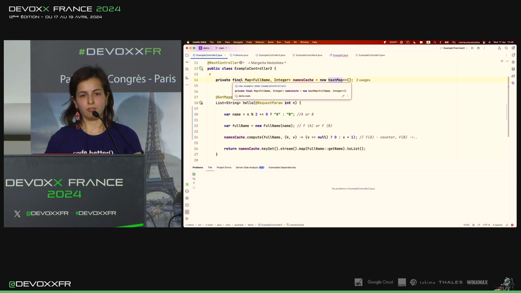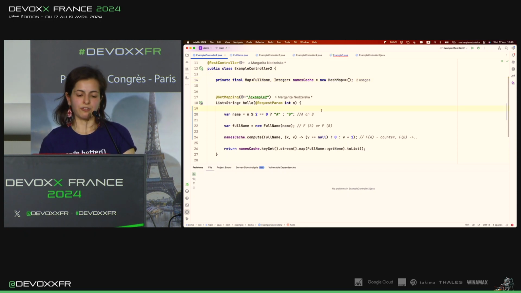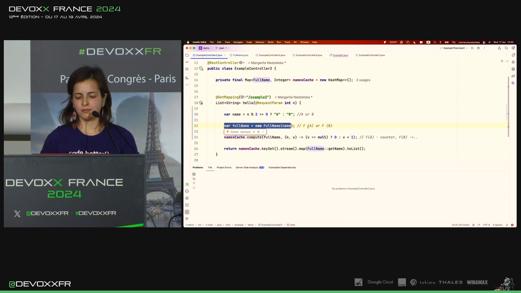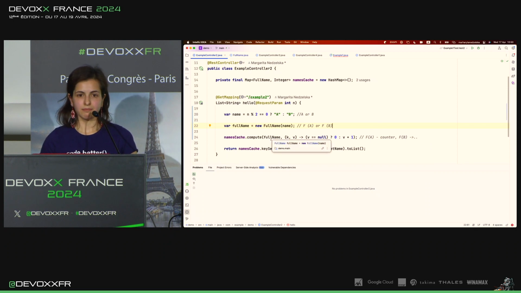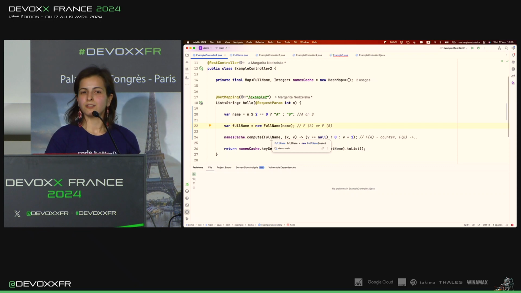It's not static, so there is no problem there, but let's look at how we are actually working with this. If you look attentively at the code, you can see that this name is a string, and it could be either A or B. There is no third option. Then we create the full name out of it. It could be the full name of A or the full name of B. And then we put this full name into the hash map. So technically, if the full name is a key, and it could only be the full name of A or the full name of B, there should only be 2 instances in this hash map. But that's not what we see in the heap dump.